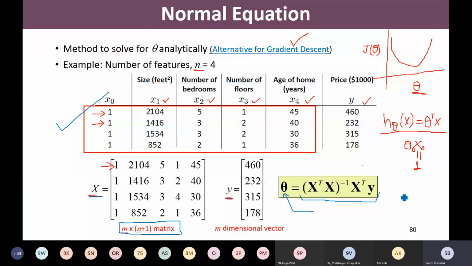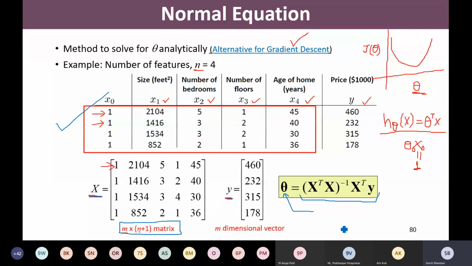And this method is the analytical method. In one go, it is possible for us to compute the theta values. So this method is known as the normal equation method. We are not going into the details of the mathematics, how to derive this formula, because it is a really very tedious, complex process. And in fact, in this discussion, it is not actually needed.